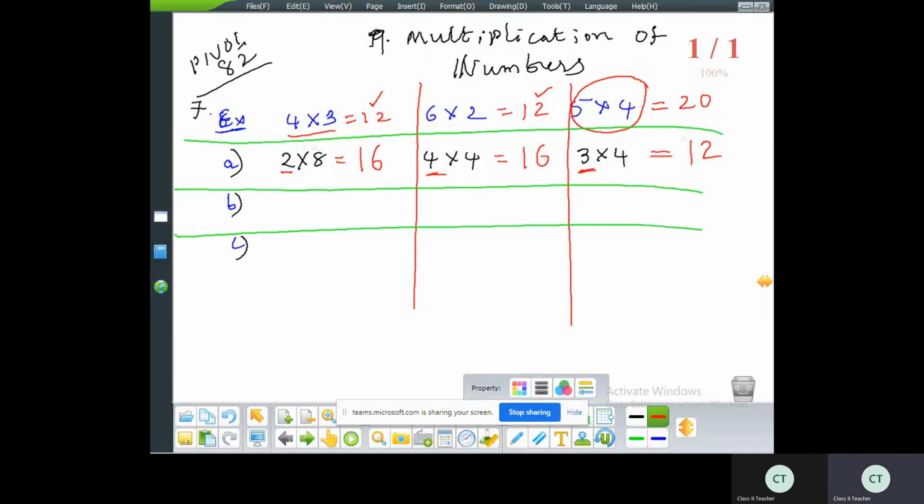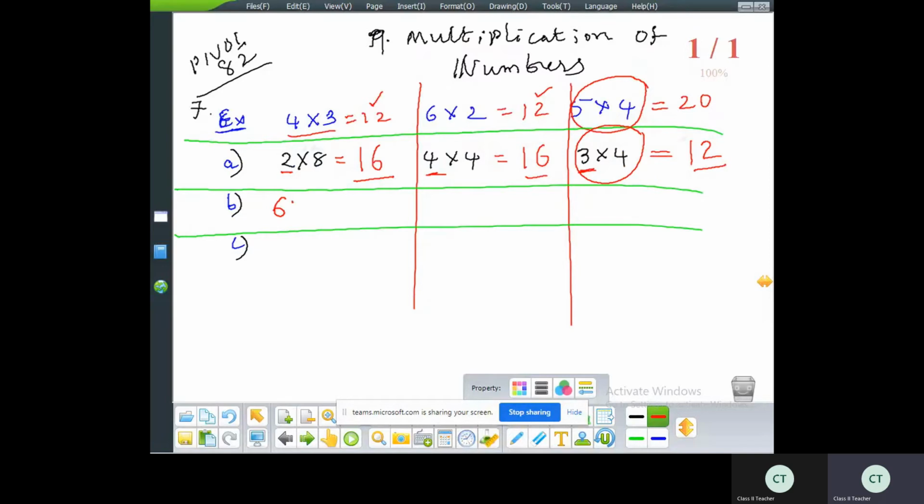In question A, now all of us see these products: 2 eights are 16, 4 fours are 16, 3 fours are 12. From these three, which one is different? 16, 16, 12. 12 is different. 3 fours are 12 is different. For the different one, put a circle around it. Yes, now we have finished A. Next, we are going to solve B. B is